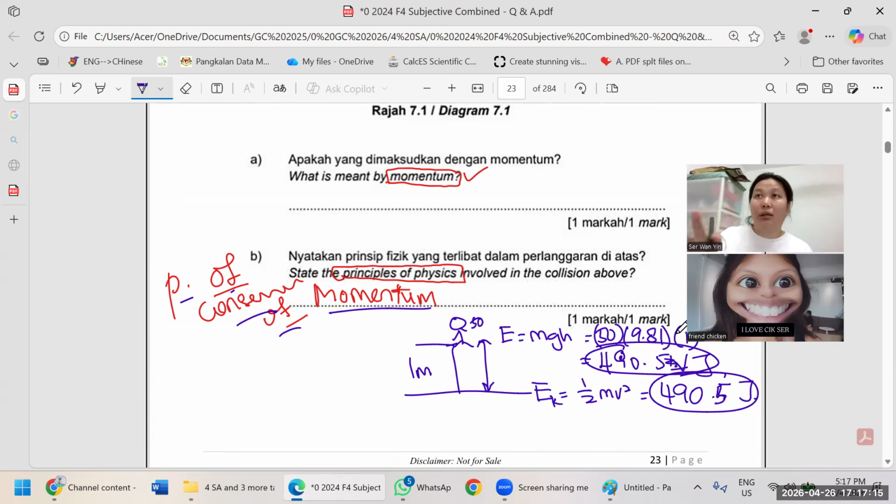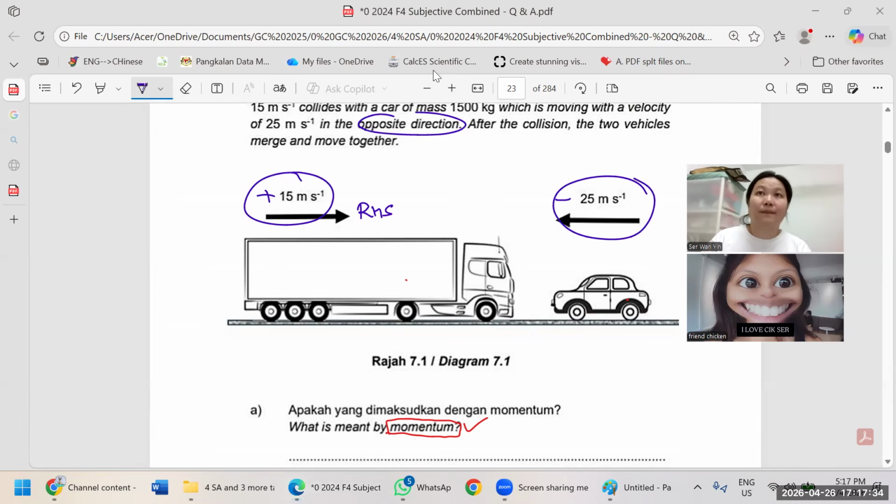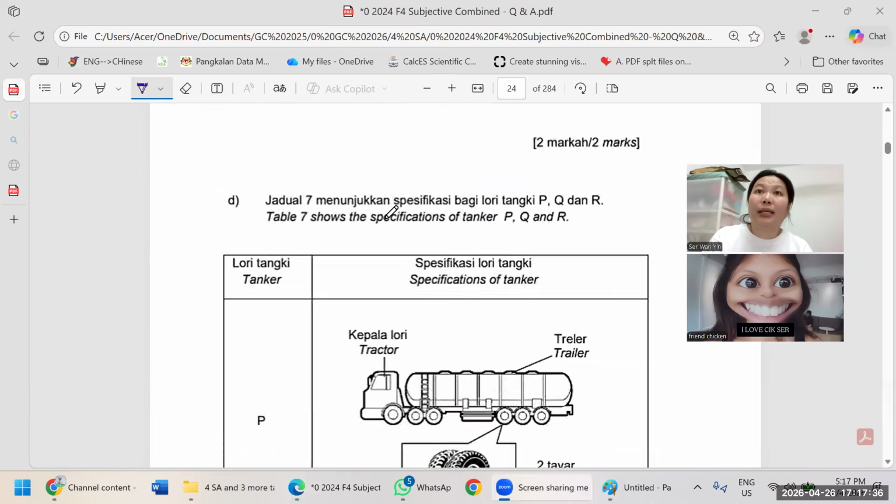But does this question talk about anything about energy? No, only momentum. So momentum means total momentum before equals total momentum after. And remember, this is opposite direction. Okay,